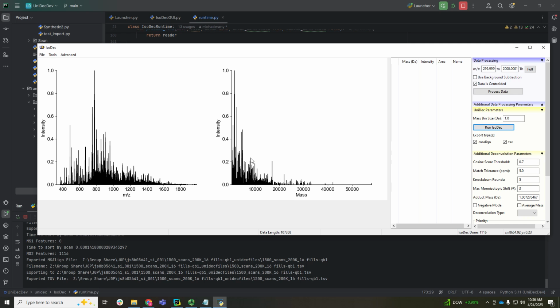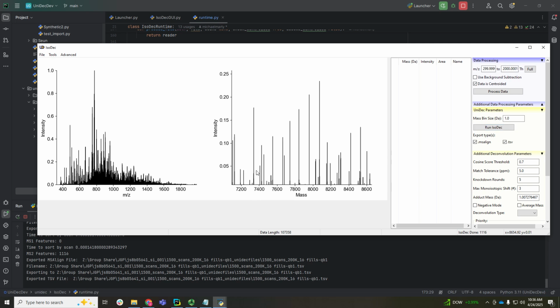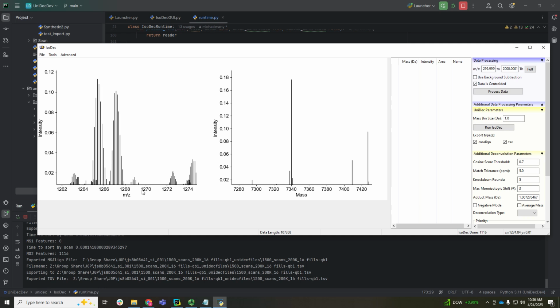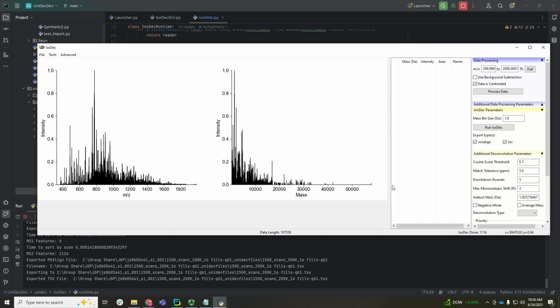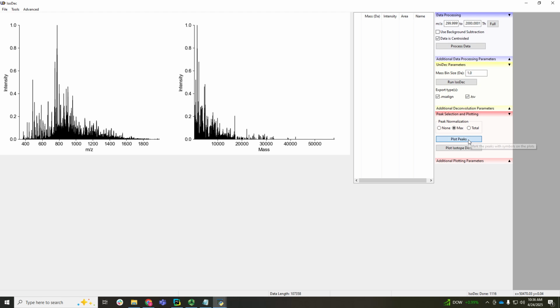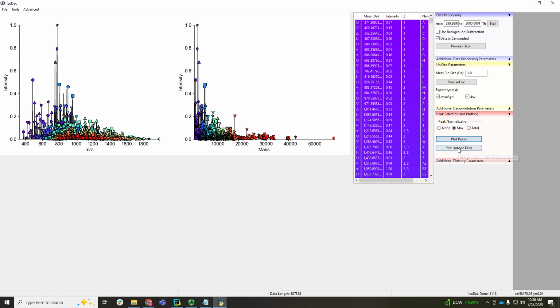So each of these corresponds to a particular individual mass, or a deconvolved mass of one of these isotopic envelopes. So let's close these parameters. We can label these peaks. There's a lot of them, so this gets quite messy. We can also plot the isotope distributions